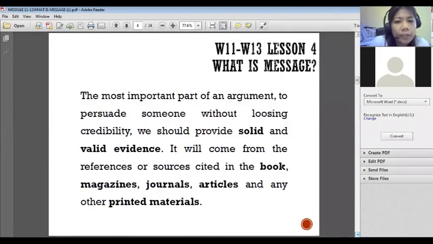The most important part of an argument is to persuade someone without losing credibility. We should provide solid and valid evidence. If you are a lawyer, for you to win the case, you really have to back up your claim with concrete evidence. You should have your solid proof with you, so you could convince the judge to come up with a fair and just verdict. Now, if you do not have the solid proof and evidence with you, then you could never win the heart